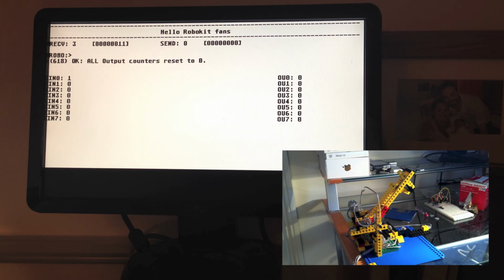Okay, so now I want to do something more interesting, so let's run a command called set. So with the set command, by running set by itself, it works exactly the same way as just sending the value. I can also send it the binary flags for each of the outputs. So for example, if I send